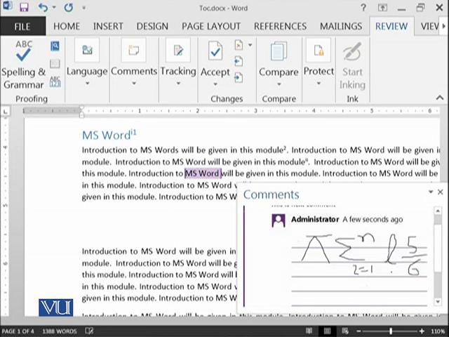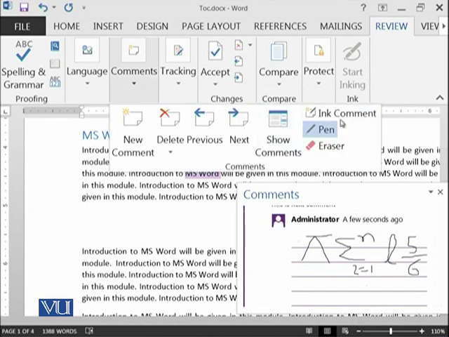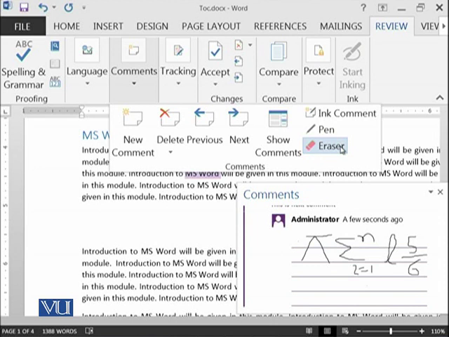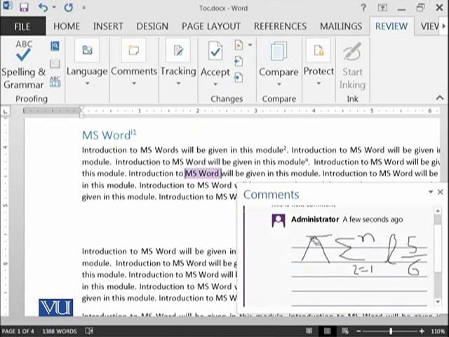So you have seen that we can put things instantaneously without going into insert equation or insert symbols. We have ink available in our hands, and we can write whatever we want using this ink command. And if you have written anything wrongly, then of course you can select the eraser and you can